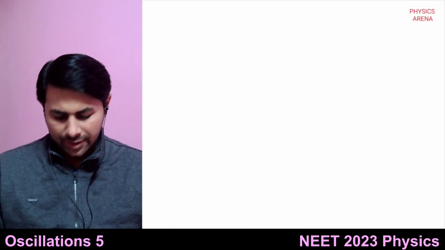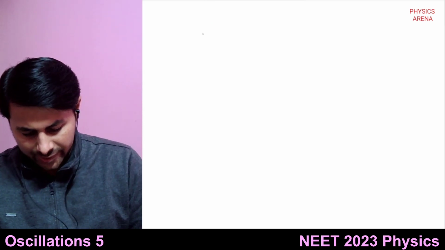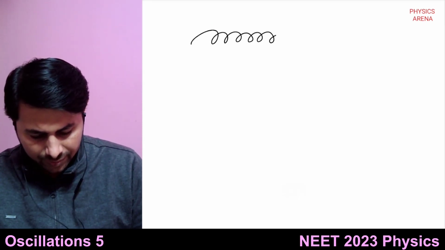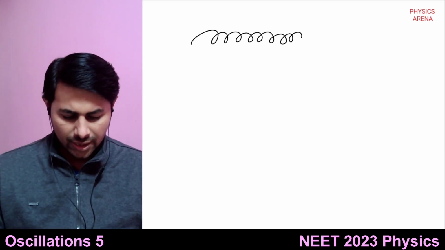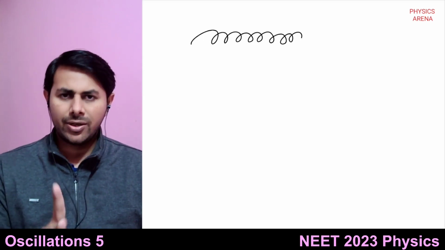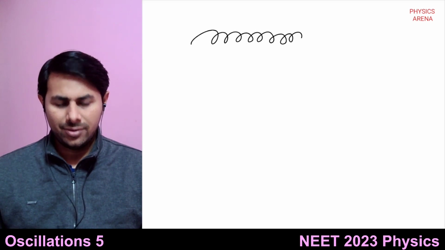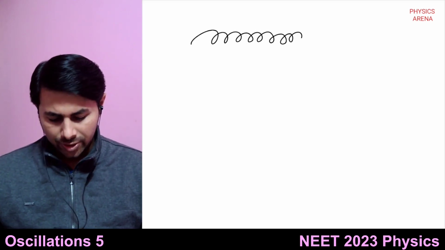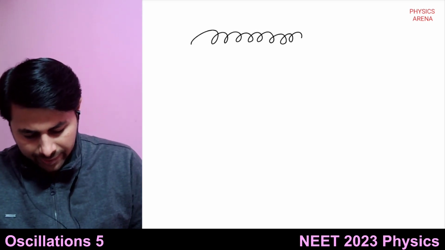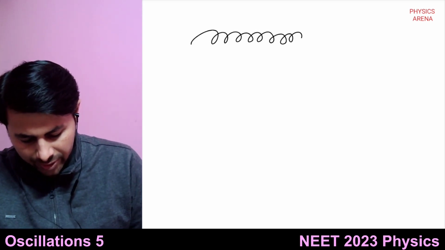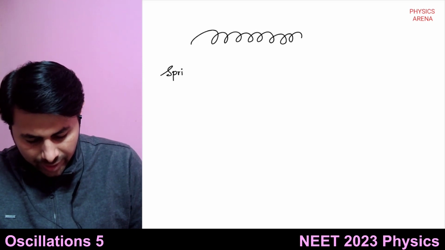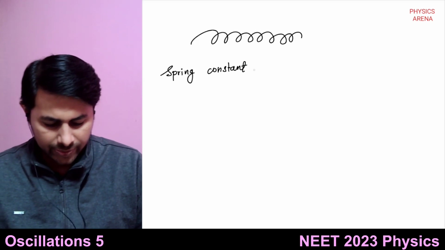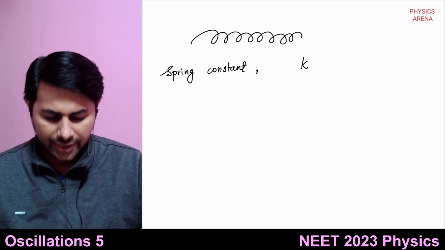After that, let's suppose we have got a spring. Now, what will happen if you cut that spring? So what will happen to the spring constant? In this case, please remember this thing: the spring constant for a spring, let's call it K,